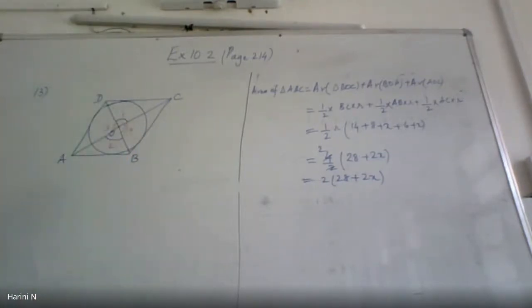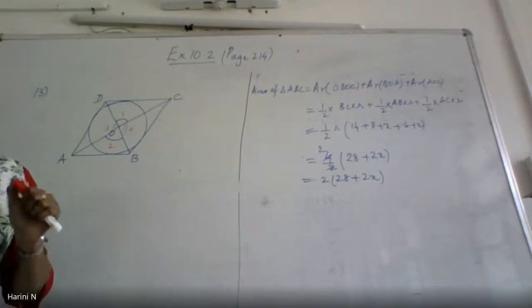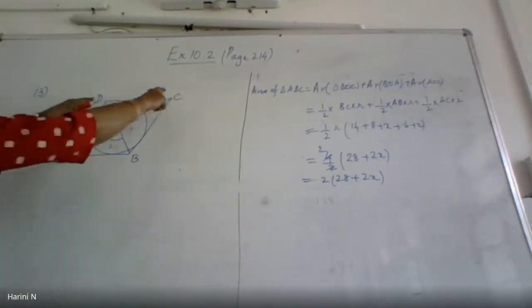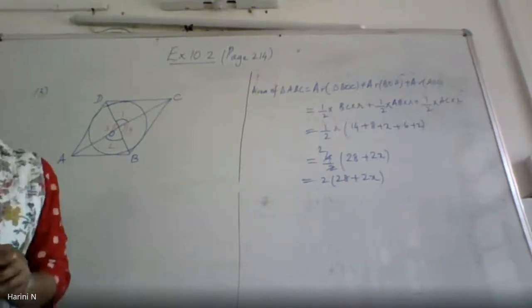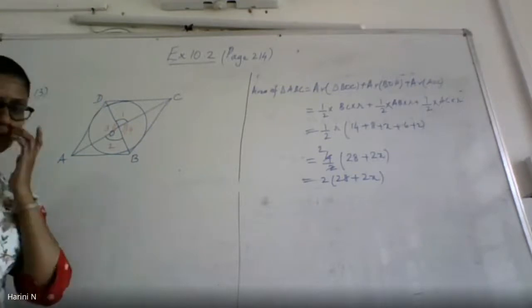So I should show that angle 1 and 2 are supplementary to each other, because we have to prove that the opposite sides of a quadrilateral circumscribing a circle subtend supplementary angles. 1 and 2 should become supplementary, 3 and 4 should become supplementary. That is, 1 plus 2 is 180 you have to show, and 3 plus 4 is equal to 180 you have to show. How do I show this?